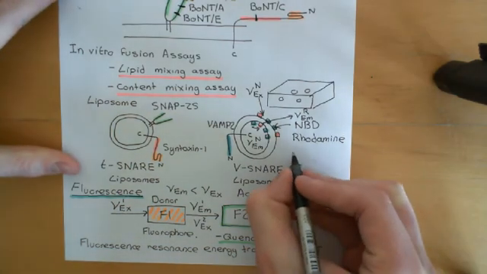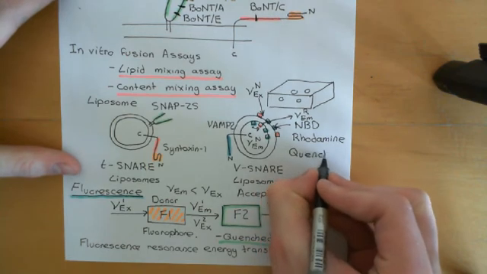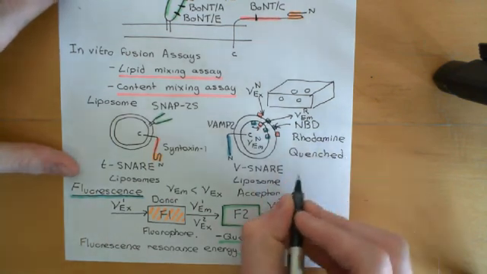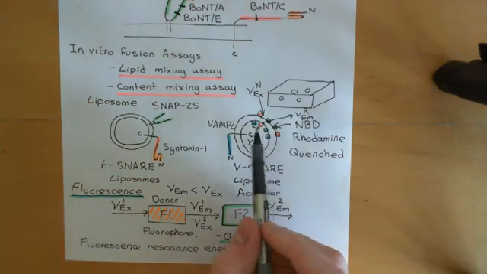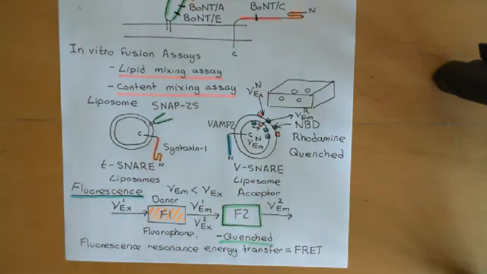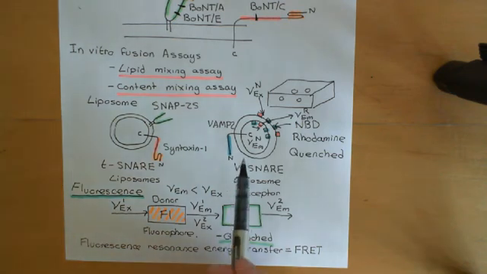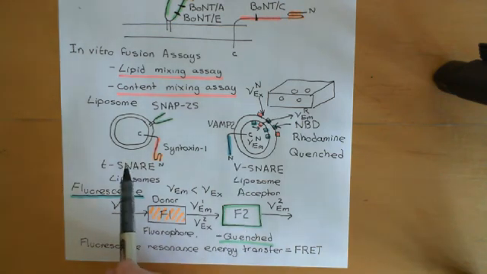To use our fancy terminology, we would say that the MBD's fluorescence is quenched by the presence of the rhodamine, which is basically just absorbing all of the radiation that the MBD emits. So what we can now do is mix these two populations of T-snare liposomes